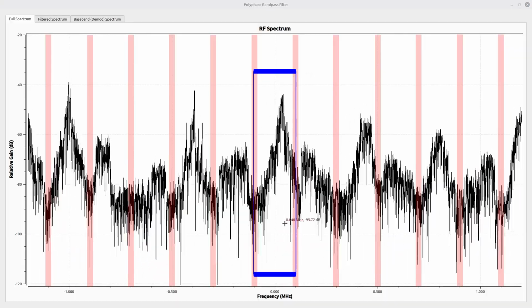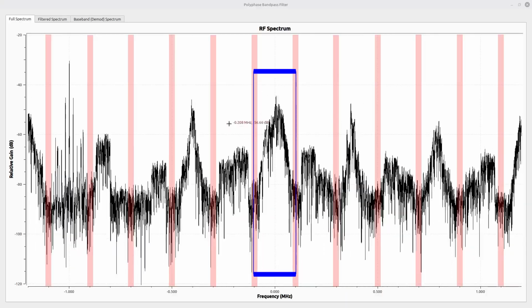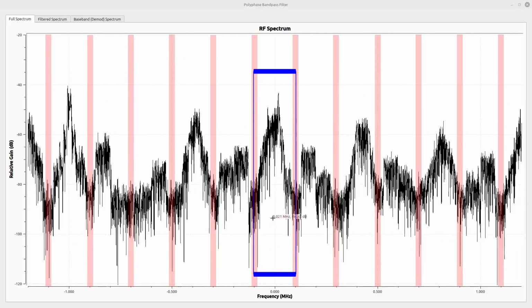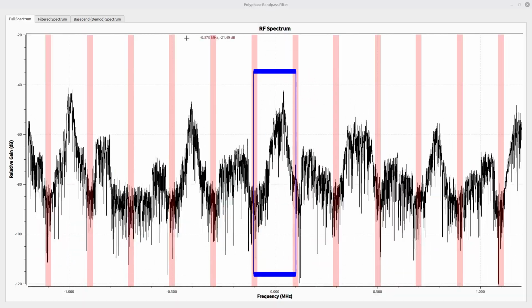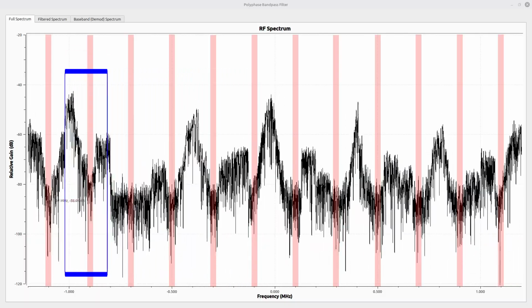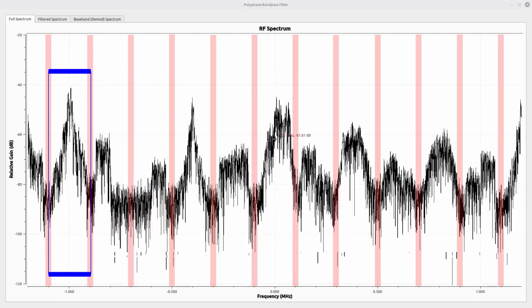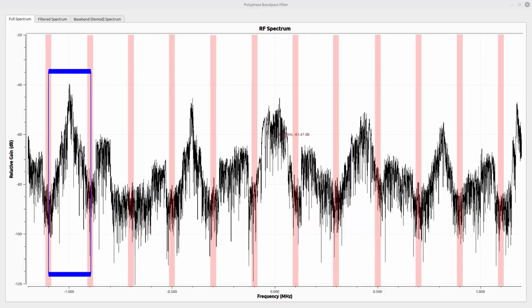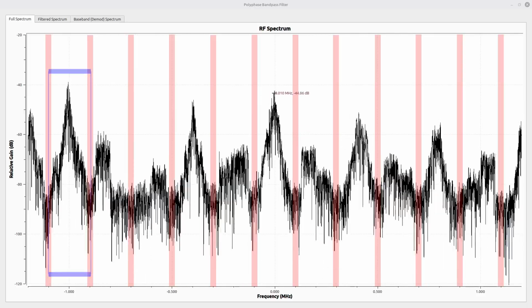Considering how we have done the filtering, having taken all of these other 11 channels and aliased them down into this center channel, there's no reason why we can't set up a filter to filter a different channel, and when it gets aliased down into that center channel, that will be the signal that we will be collecting on. This is going to be the basis for the bandpass filter that we're about to create.